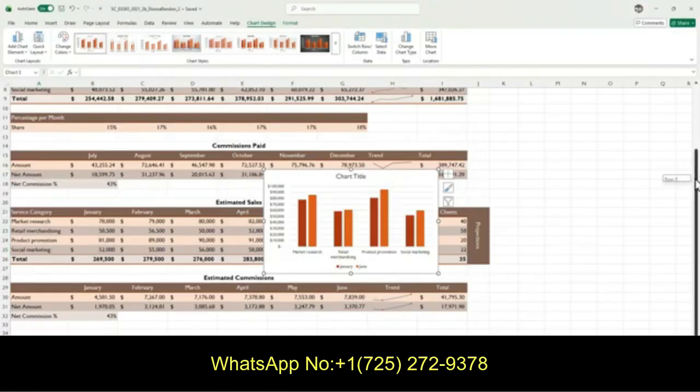And then just change the chart title to enter estimated, the spelling is estimated, sales column, space January and June. Okay, click outside and then